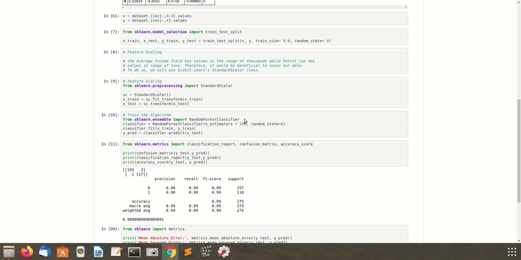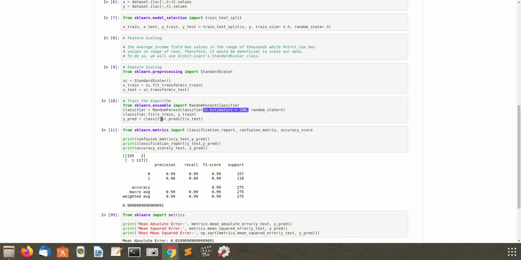If you want random forest for a regressor, just put RandomForestRegressor in place of classifier, which I will also show in a later part. Then classifier equals RandomForestClassifier with n_estimators 200, and classifier.fit on X_train and y_train, then predict.